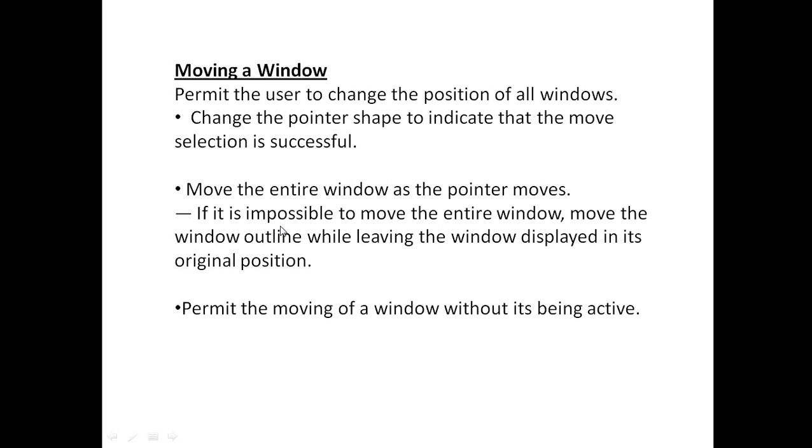Suppose we are not able to move the entire window, simply move the window outline while leaving the window display in its original position. If the entire window cannot be moved, move a window outline while leaving the full window displayed on the screen here.